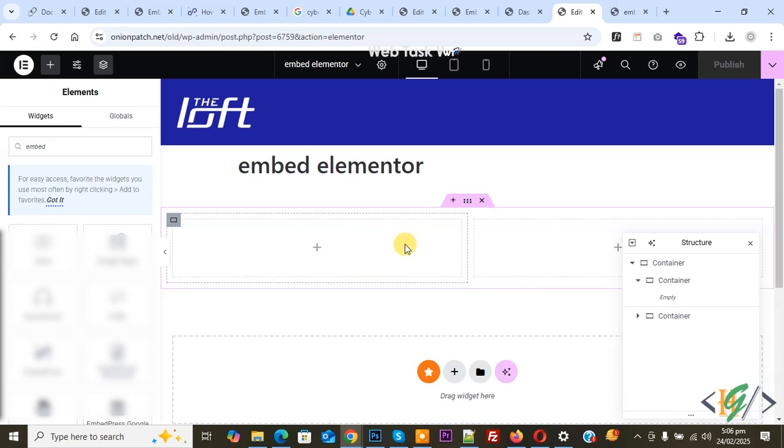Bismillahirrahmanirrahim. Assalamu alaikum. My name is Hassan, and today we are going to integrate or embed document files like PDF,